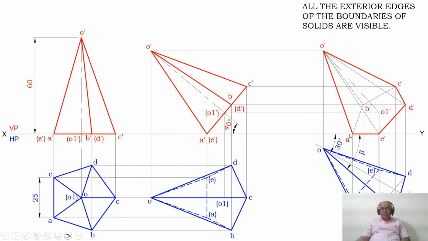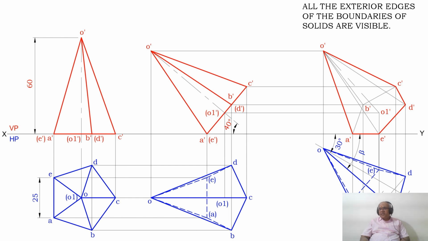You darken them. Then A dash to E dash, again it is the continuous line. Then join between E dash and D dash with a dark line. Similarly, join between D dash and C dash with a dark line. Then join between O dash and C dash with a dark line. So this is how you will be able to draw the third position front view for the initial condition,